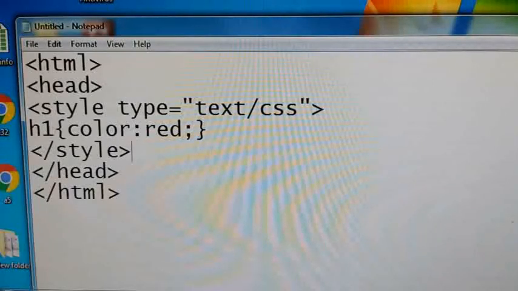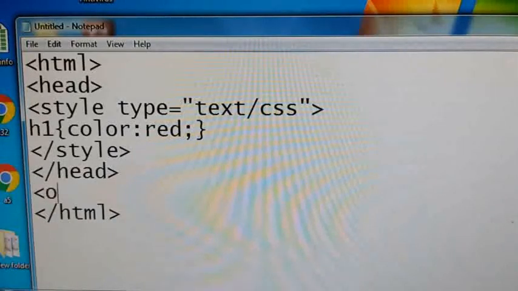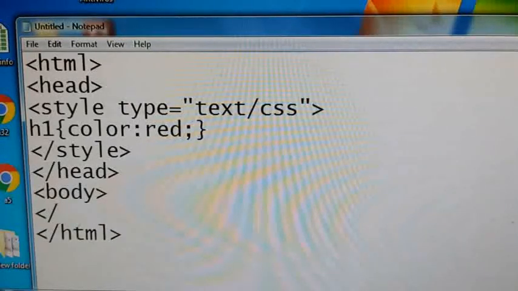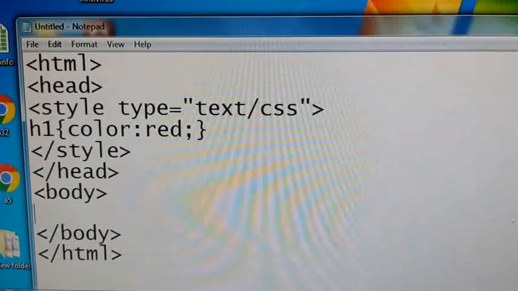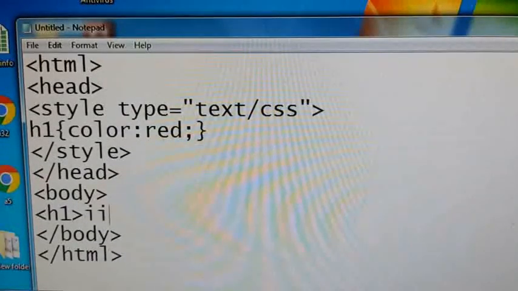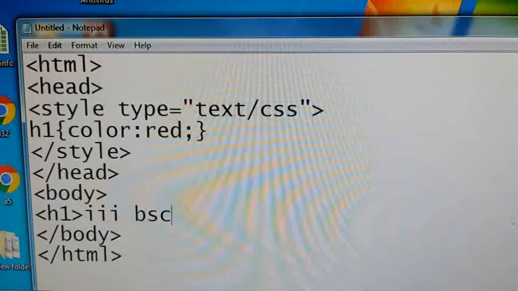Okay, so here I have given properties only for the h1 tag, and where is the h1 content? In the body section I will give the h1 content. So I am closing the body tag immediately, so that it will be correct syntax. It should be syntactical, right? In the style opening and closing I have given some properties to the h1, so that h1 content I will give inside the body section. h1 here I am giving Third BSc. This is your content which is to be displayed on the browser window. Now I am closing h1.